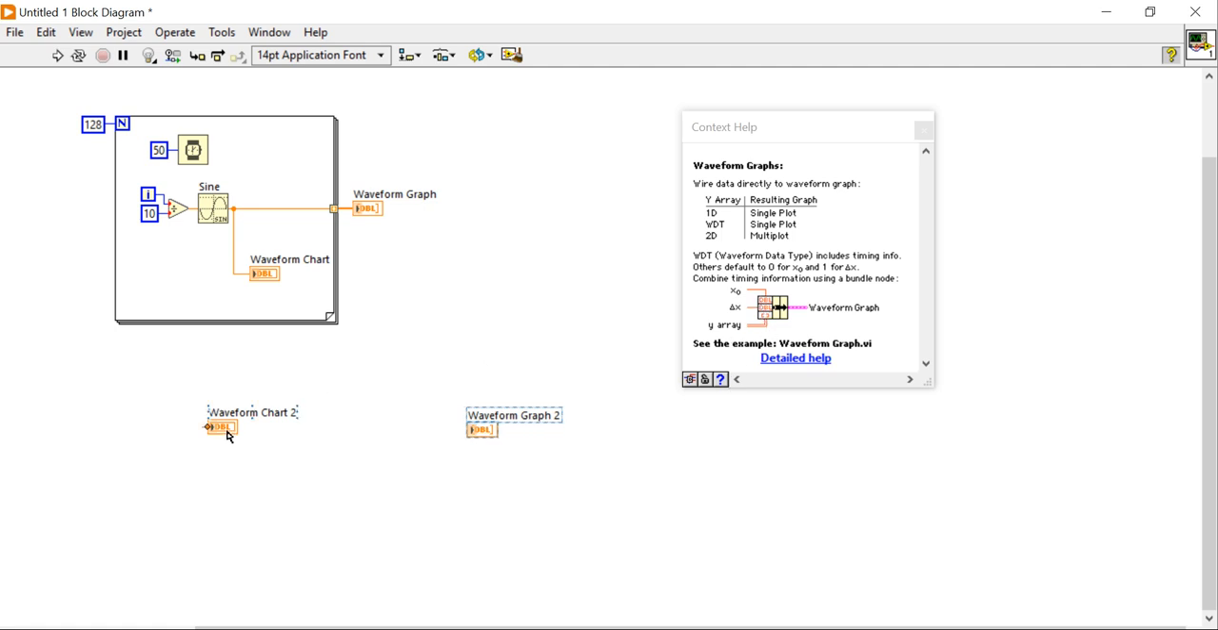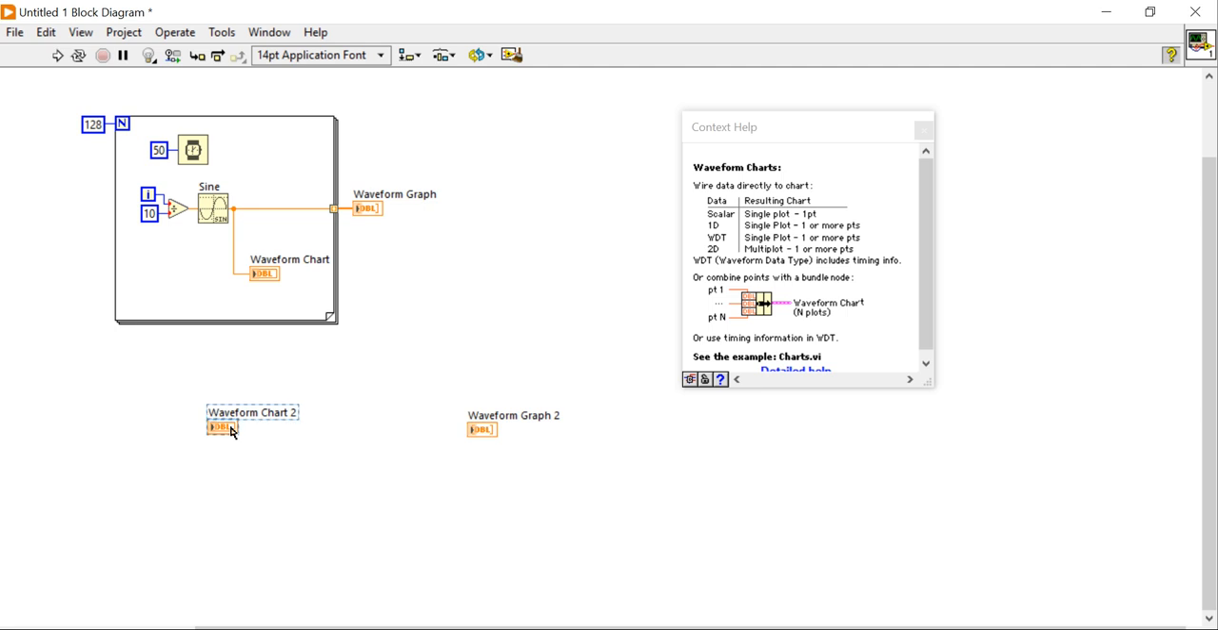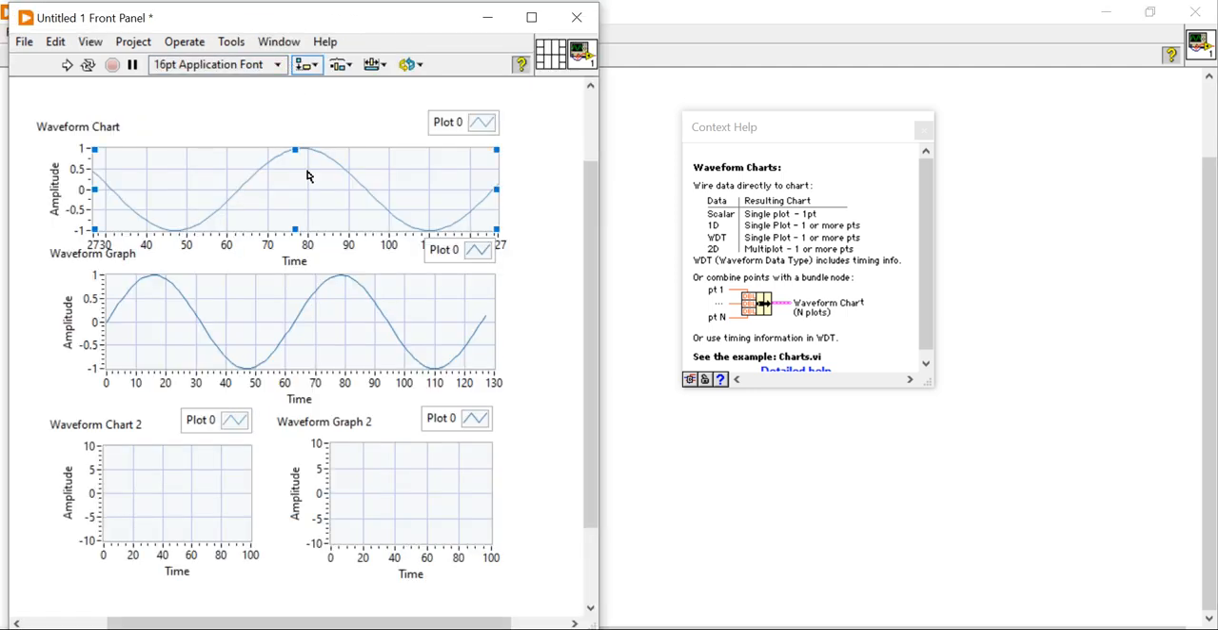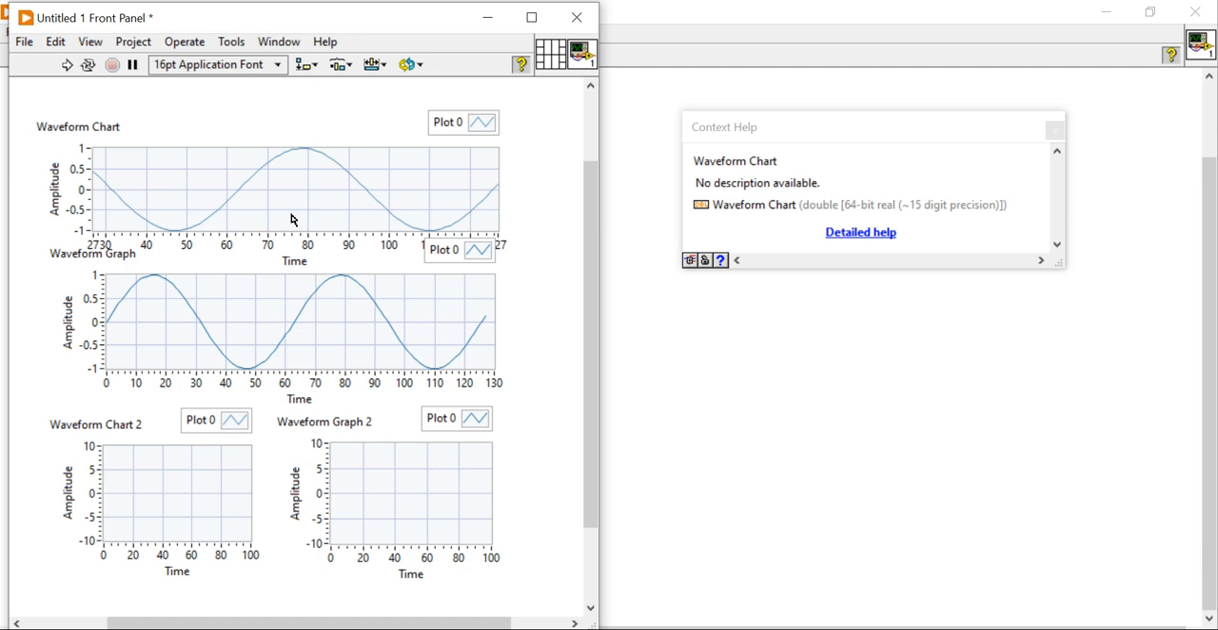Here you can see the waveform chart. The waveform chart is a cluster of a single value. That's why we are able to put only a single value. The waveform chart is responsible for displaying a single element. The waveform chart can show only the current or instantaneous value, but the waveform graph